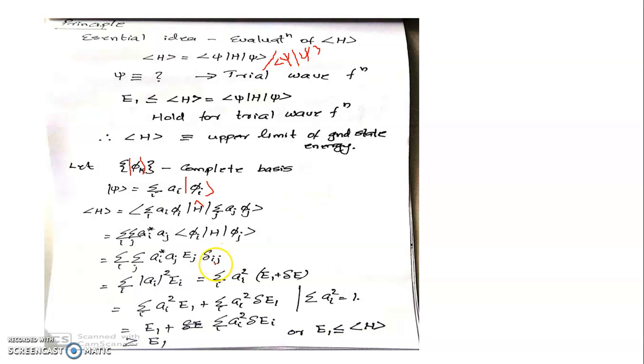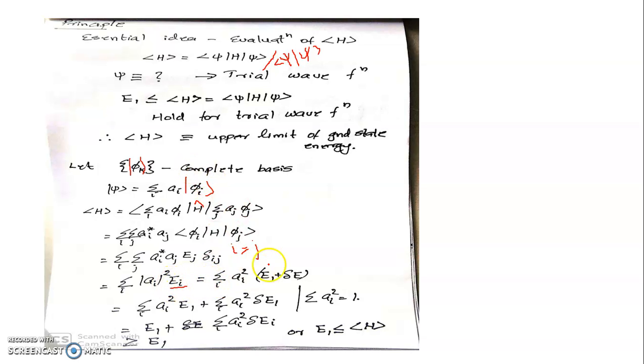Evidently this Kronecker delta will have a value if and only if i equals j. So we put that limitation i equals j, then replace j by i: summation over i, a_i star, a_i, that is a_i square explicitly. E_j becomes E_i, equal to summation over i, a_i square E_i. Let me split E_i,